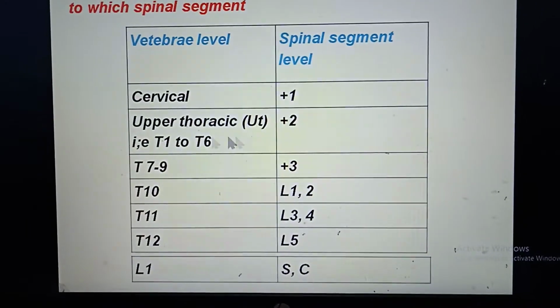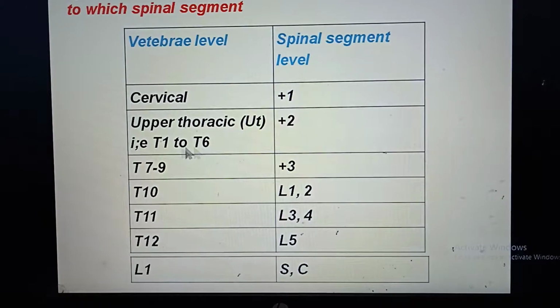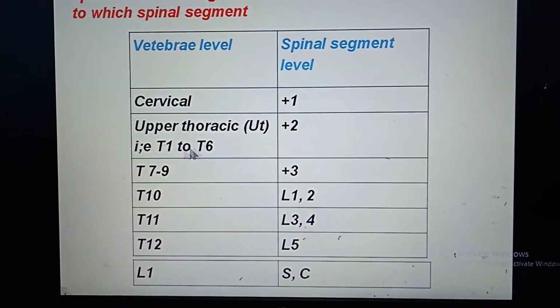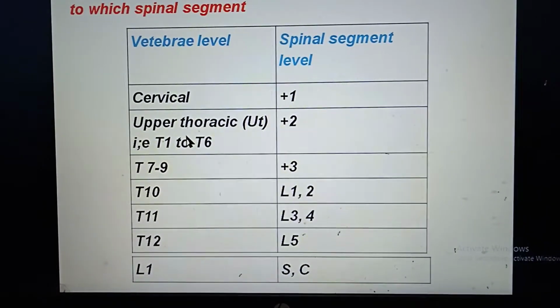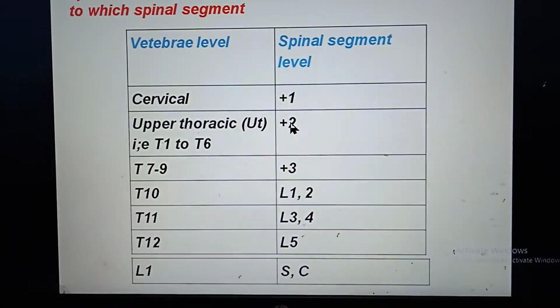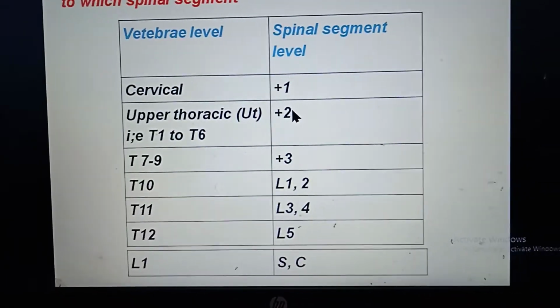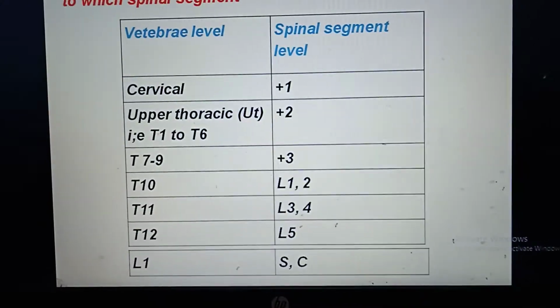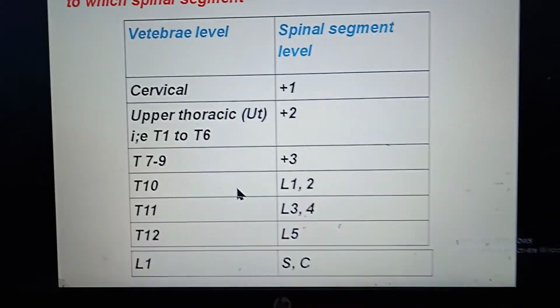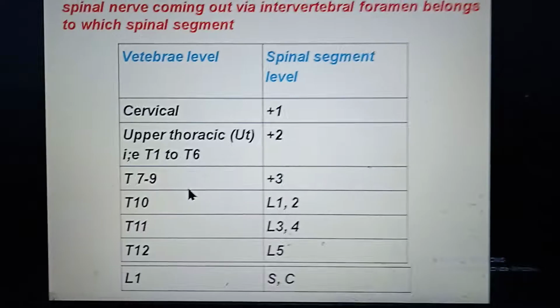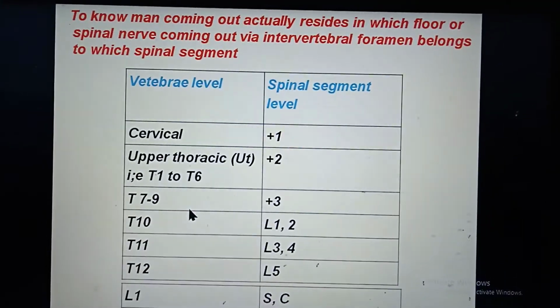Like that, upper thoracic is +2. Upper thoracic means T1 to T6. So at the T1 vertebra you have to add +2. The T1 vertebra houses the T3 spinal segment. And like this, these are the formulas. And to memorize this,